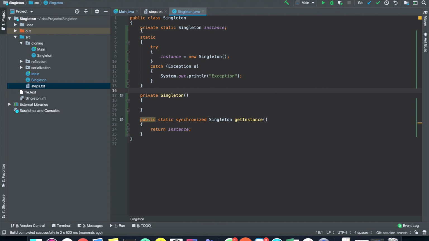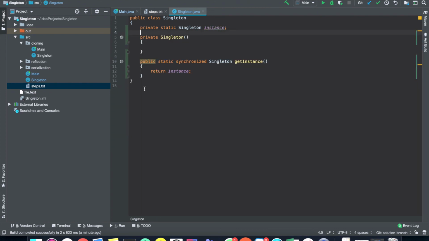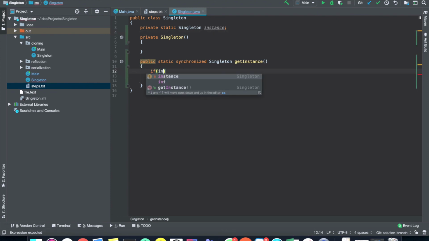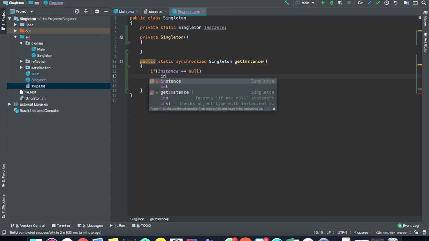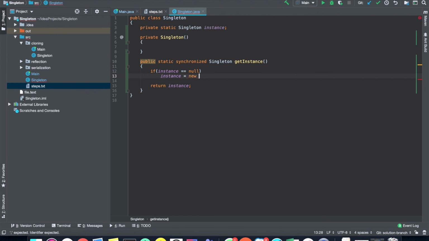We'll remove all the code of the static block, and we'll declare here that if instance is null, then and only then create a new object of Singleton.